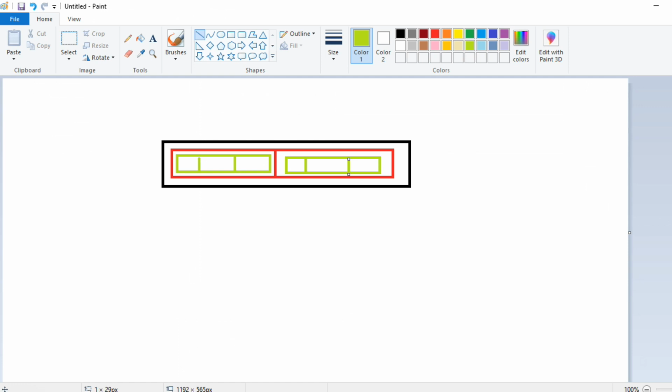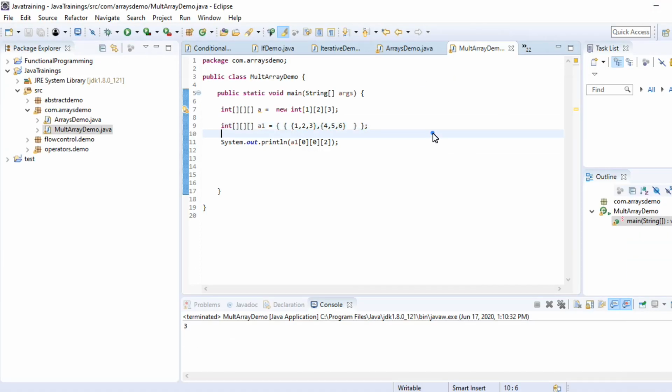Don't get confused with three-dimensional array or four-dimensional array. Okay, so outer array size will be the first one. Inside that we have an array of 1 which is having size 2. Next we have one more array that is having size 3. There are two arrays inside that of size 3. This is how we can declare multi-dimensional array. This is the arrays concept. Just try with all these practicals.